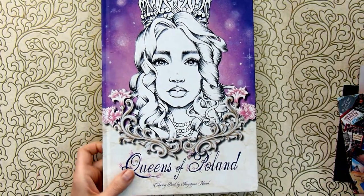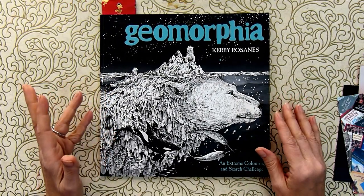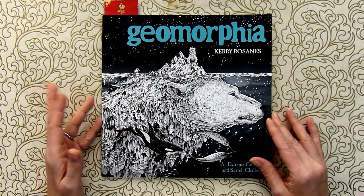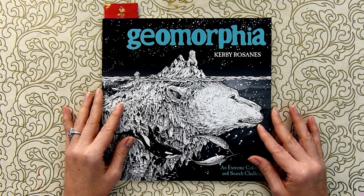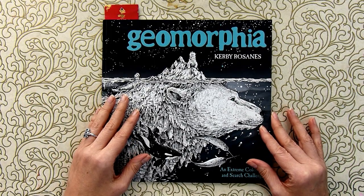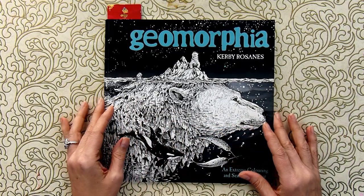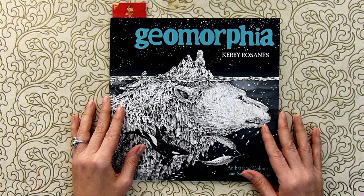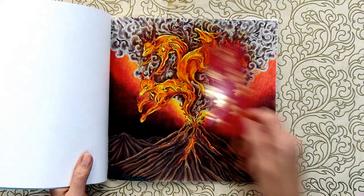And the last book, Geomorphia. As you can see, 50 prompts, and I colored in only one of Kerby Rosanes's books. I was really surprised that I don't color Kerby Rosanes at all, and I have so many of his books, and I love his illustrations. But a lot of his illustrations are double spreads, and when you have only 1 week for coloring, I look, oh, double spread, and I'm scared I would not have enough time to finish, and that's the result. So now I'm happy that we have 2 weeks for coloring, so maybe I will color more in Kerby Rosanes. Geomorphia, and this was the prompt Volcano,